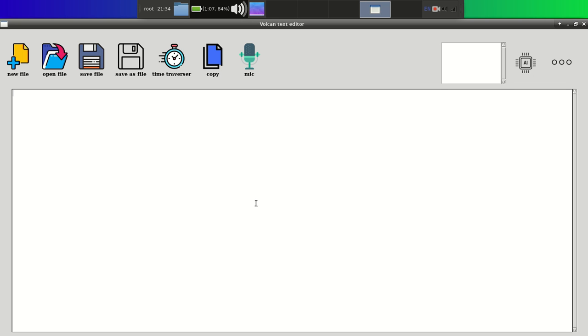So currently we are left with 3 options. Number one is time traversal mode, second is the mic, and third is key response. Key response means a function which will listen to the command keys you press, a combination of keys, and if those keys match the inbuilt keys, or keys which are written in its database or in its path, then that command will be executed. So let's go, guys, let's start with the mic button.